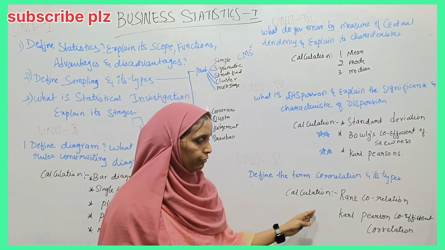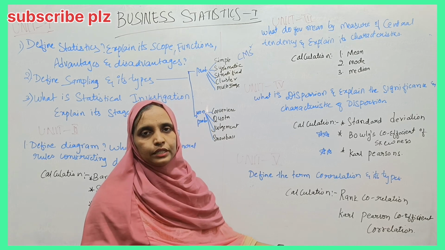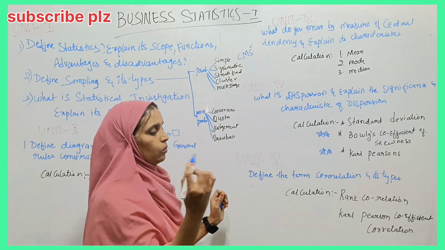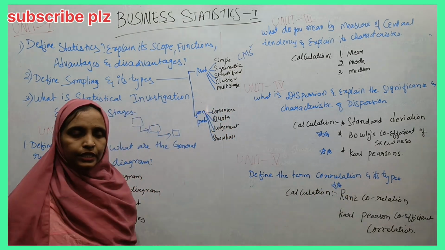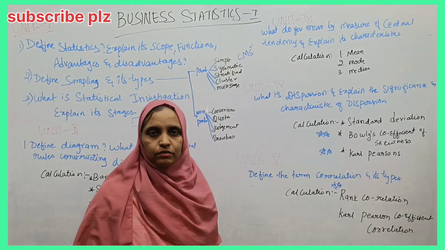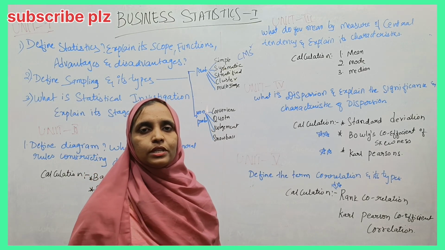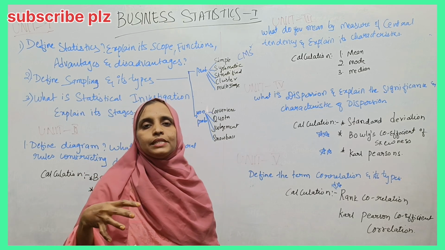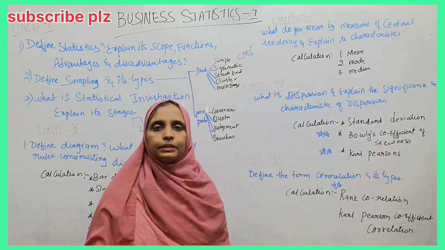From the practical point of view: rank correlation and Karl Pearson's coefficient of correlation. From these two, if you want to be thorough, be thorough with rank correlation and leave the other as an option. If there is a lack of time, since most of the students are working and many are housewives, busy and engaged with their own personal life,